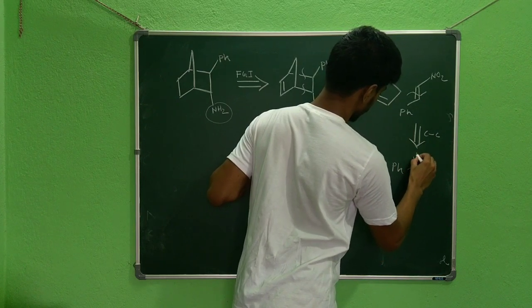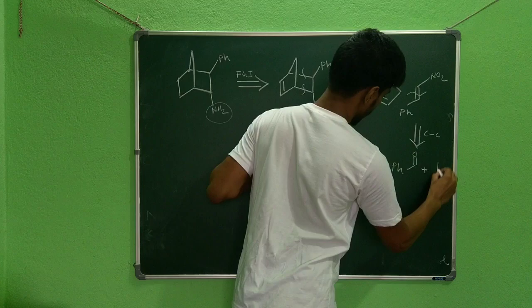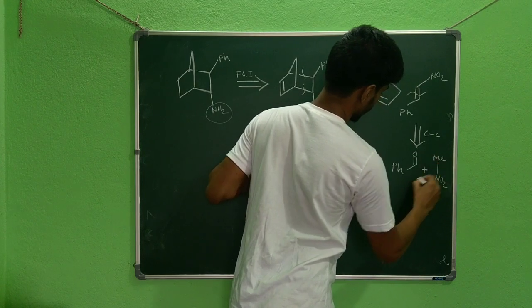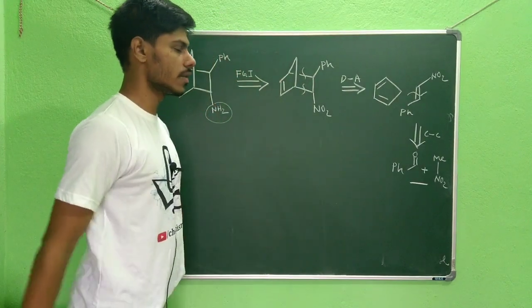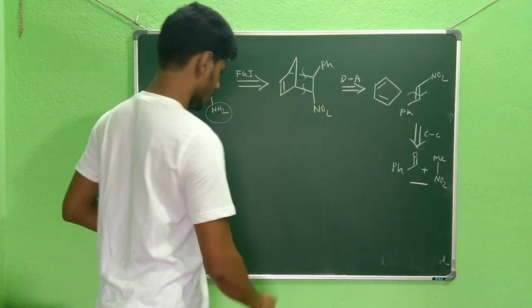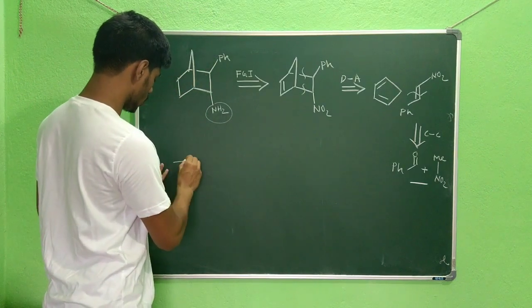So this is your benzaldehyde molecule, and this is the nitromethane. These are the starting materials from where you have to start the synthesis. Now the forward reaction would be, so this is your